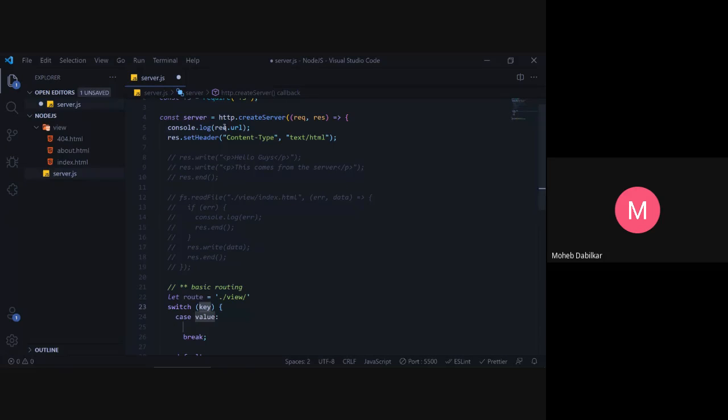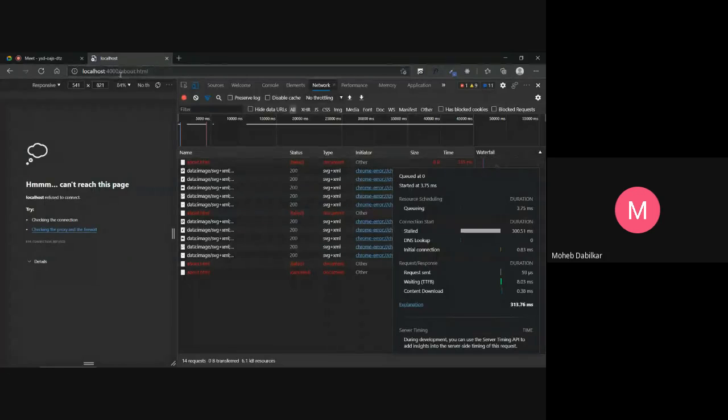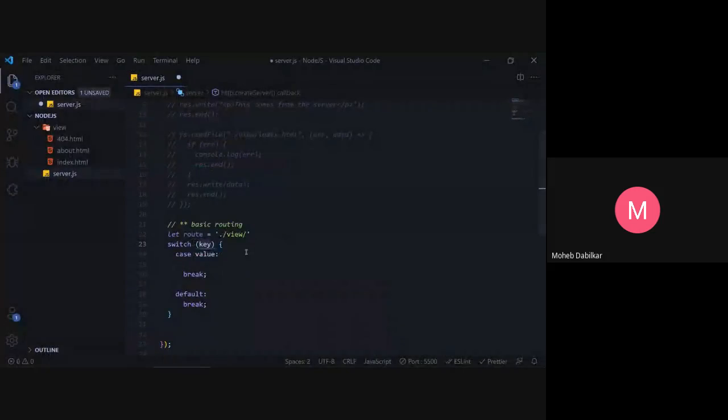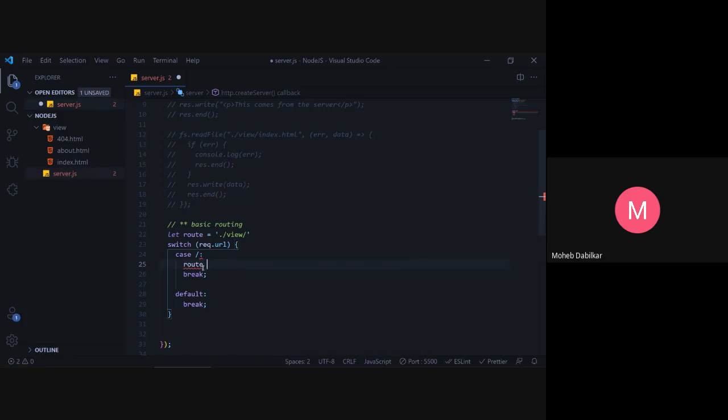Okay, so for now we will be checking the request URL because we want to know what comes over here, and then according to that we want to render the page. So we will be doing request.url, and in case there is just a slash over here, it should do something. So we are using route, and then equals to... am I doing something wrong?